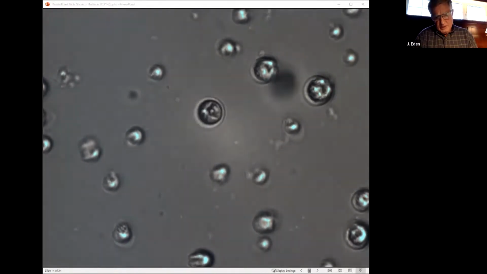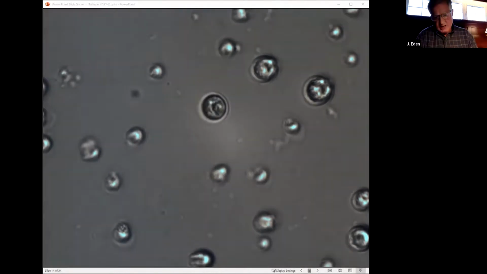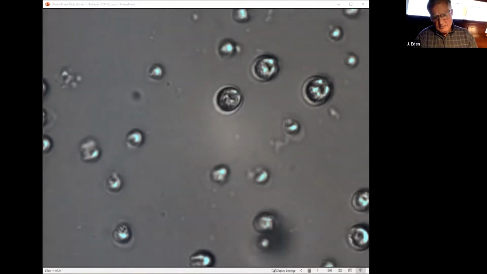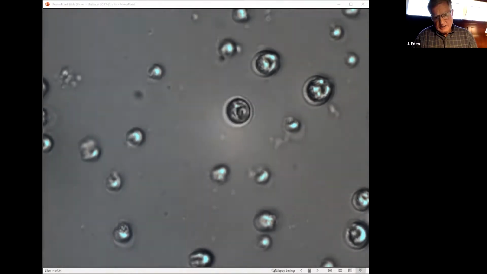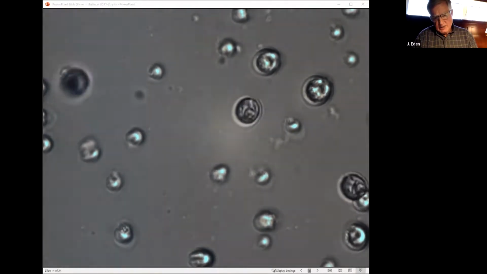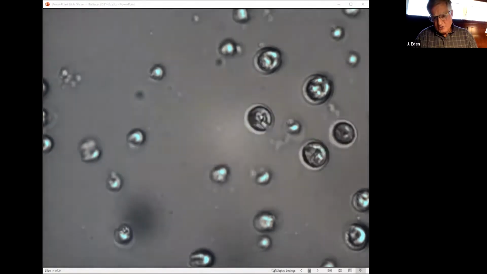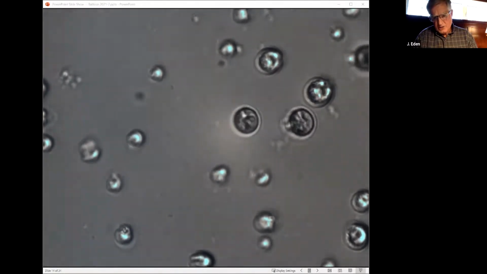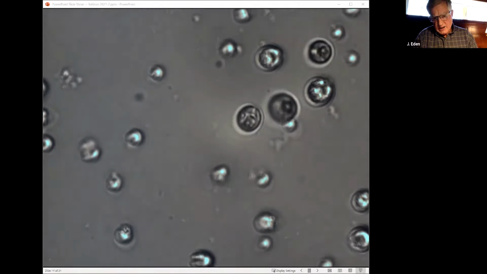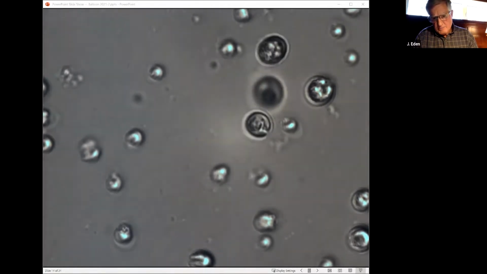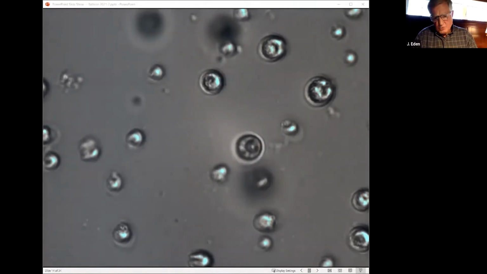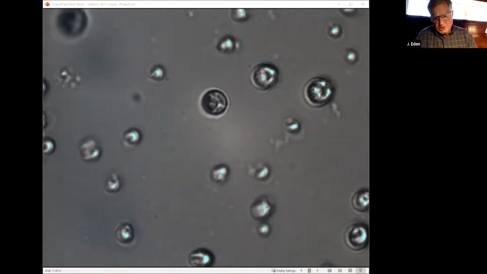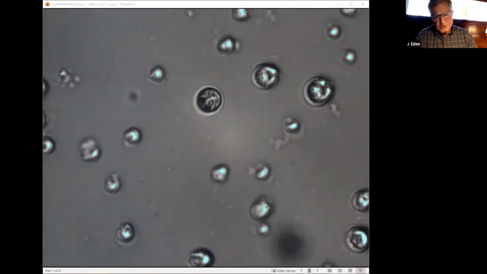And so you see that one is spinning around, and that's because they do have a photoreceptor, a very simple eye, but you can actually see the internal parts of Chlamydomonas. And if you look carefully, you can see the eye at the top. And some are out of focus because they're out of the focal plane. But I just wanted to let you know that images of very high resolution can be obtained.